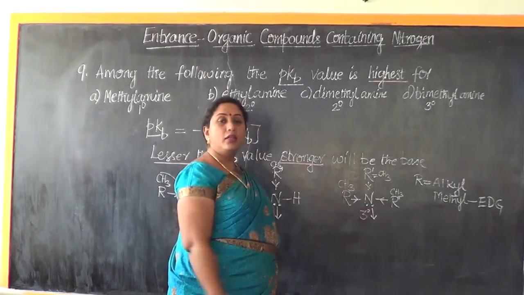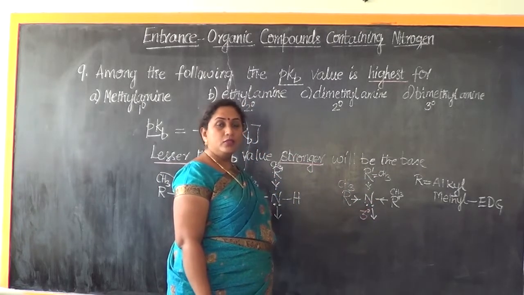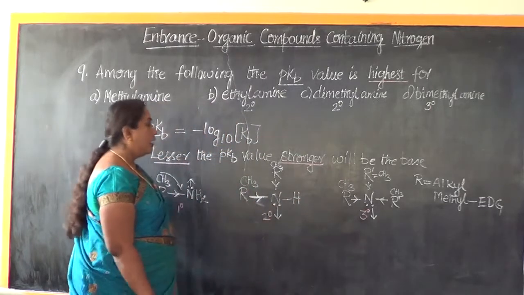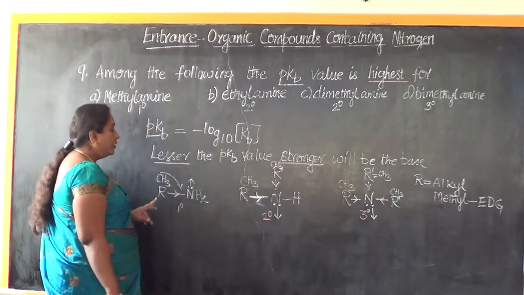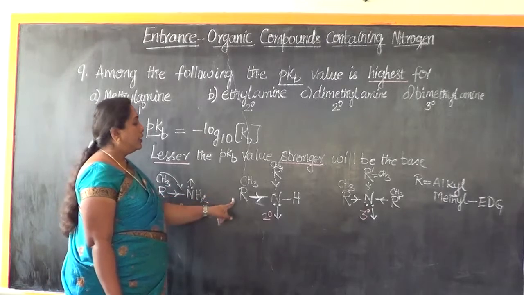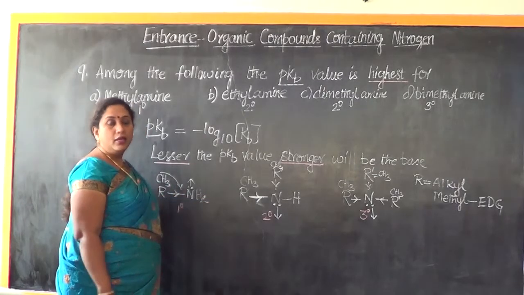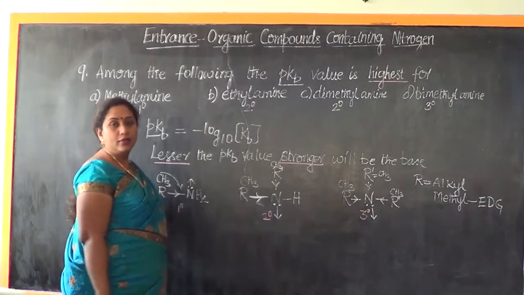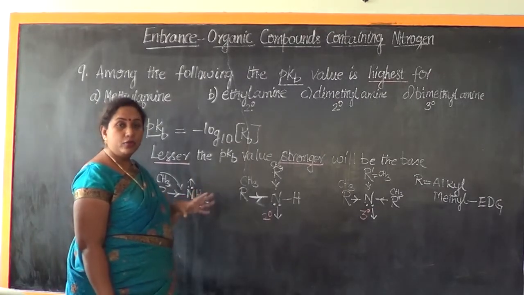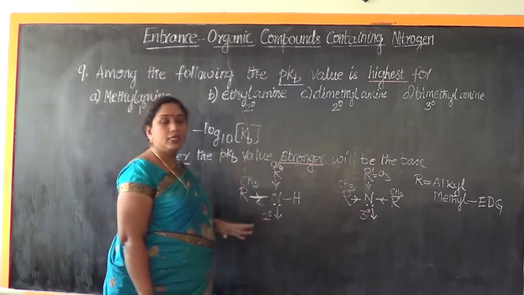All the three methyl groups are donating. So, if you were to write the order now, what would be the order? Tertiary greater than secondary greater than primary for their basic nature, if you were to write it in the decreasing order. Is it true? Is it following in the same way?